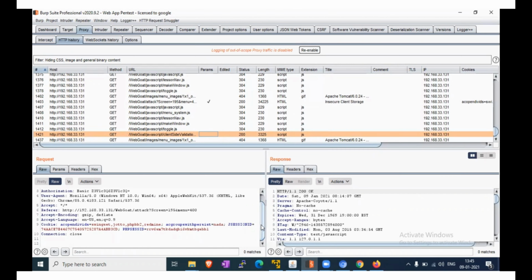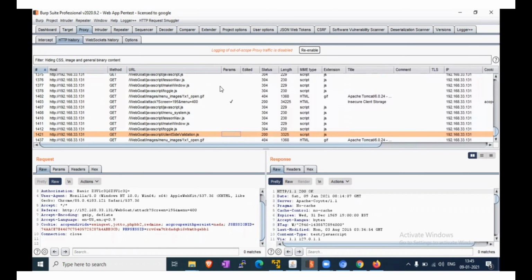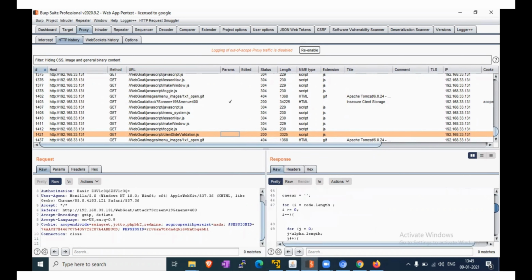Now we will check this client.js. This is the JS file, right? Client validation. Now check the response. Here is the var coupons option.